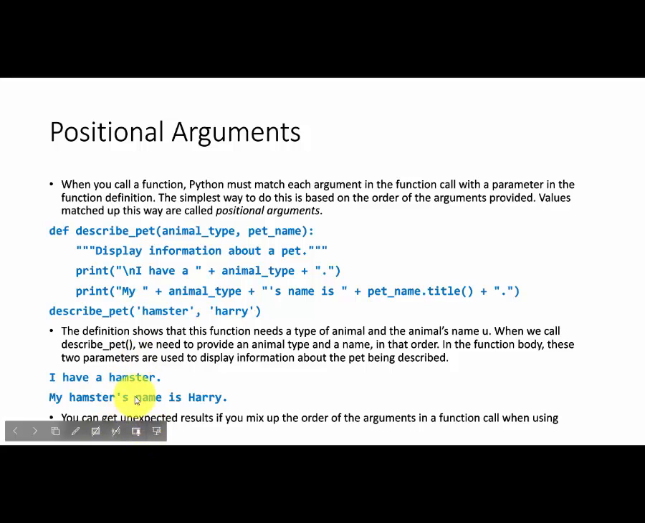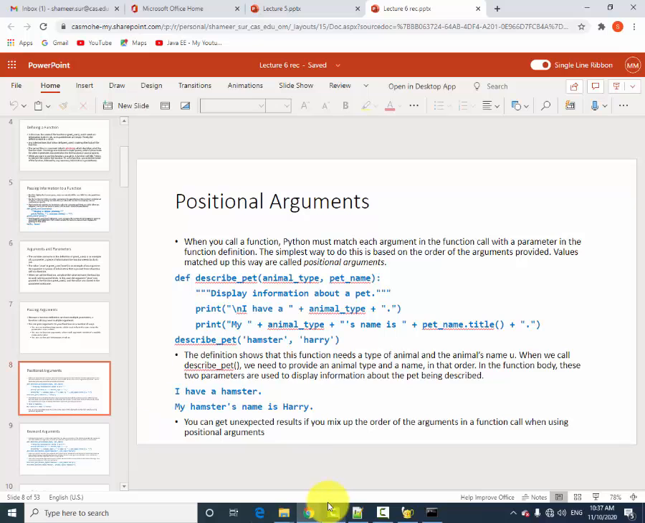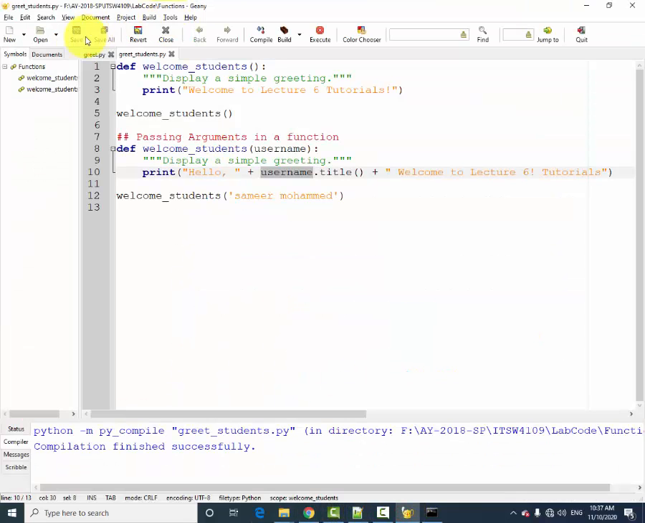So when you mix up these arguments, you will get some unexpected results. You may get some improper results when you call the function using positional arguments. Okay, so let us say now